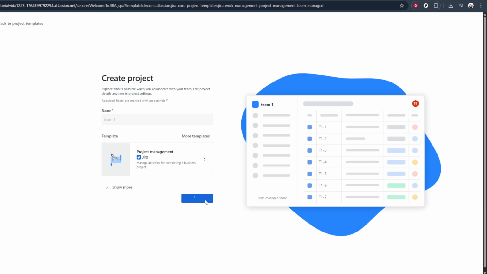You can verify this by checking the profile icon again. It should now reflect the new account details. That's all there is to it. Click your profile icon